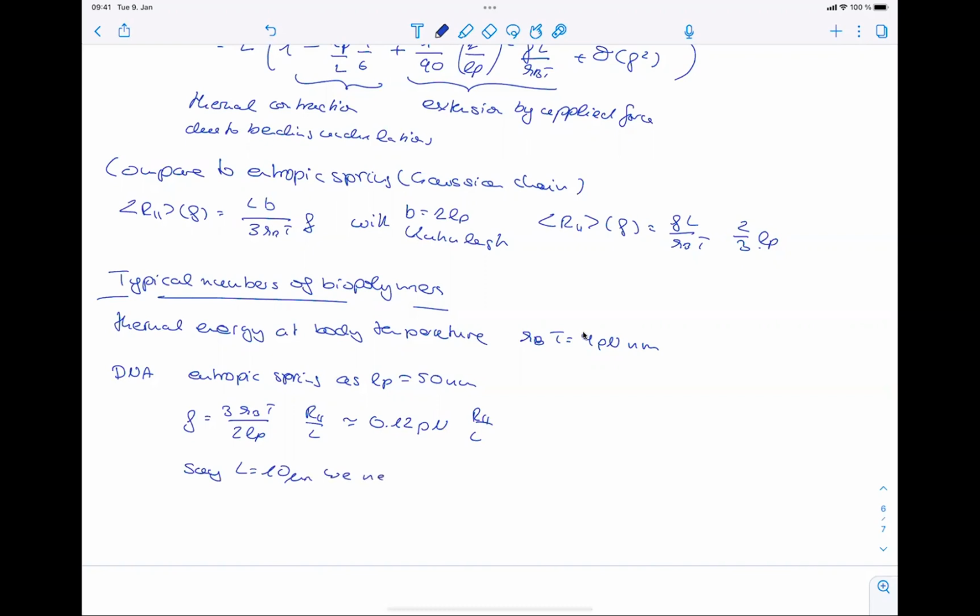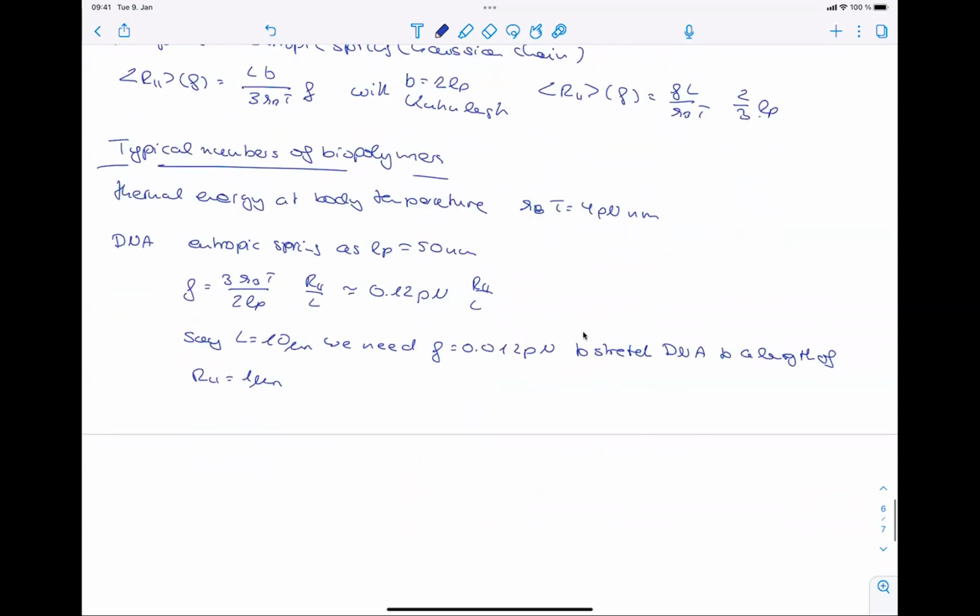We need F just a tenth of a piconewton to stretch DNA to a length of... so these are really tiny forces, but it looks very different if we're talking about the cytoskeleton, which is a